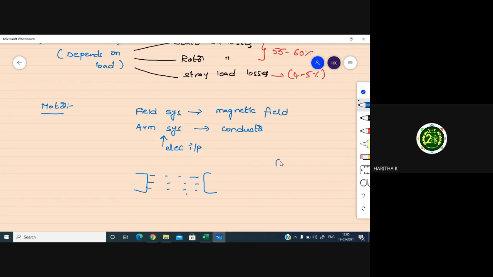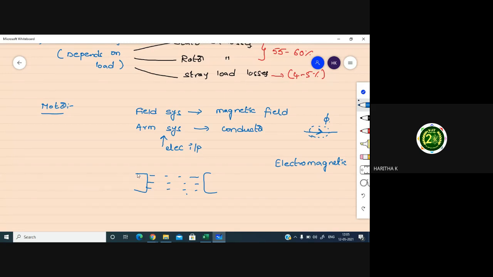Almost all motors consist of electromagnets. Electromagnet means by means of electrical supply, we are creating the magnetic field. We are not using permanent magnets; we are using electromagnets in the motors. That means whenever there is a current carrying conductor, whenever current passes through a wire, it produces magnetic flux around this wire. Those magnetic flux lines constitute the magnetic field.